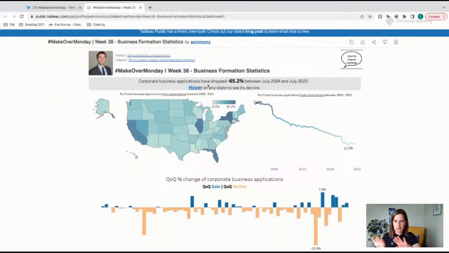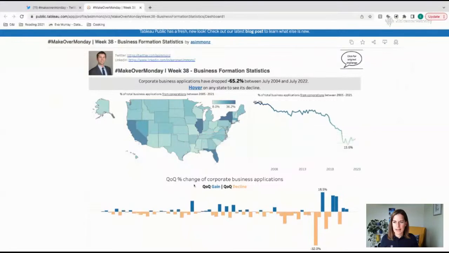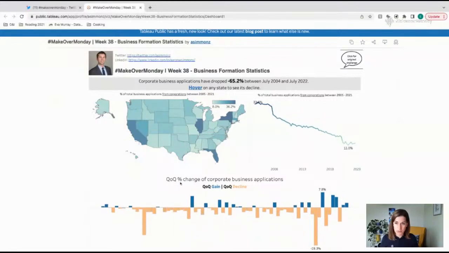So I would just split that up a bit to say, it's great that he has included the hover on any state because it tells me what to do, but bring that closer to where the hovering actually happens because it's a bit too much in the middle. And again, we've got QOQ, so this should be quarter over quarter. But also you don't have to call it quarter over quarter. You could say, comparison of one quarter to the next, or something like that, plain language, unless you're aiming for a very data literate and maybe financial literate or business literate audience that understands those terms.